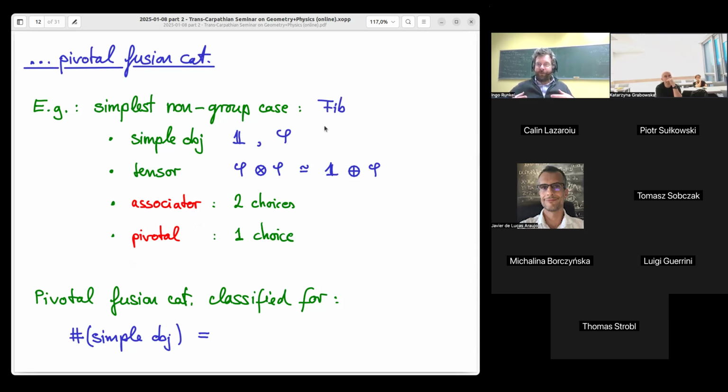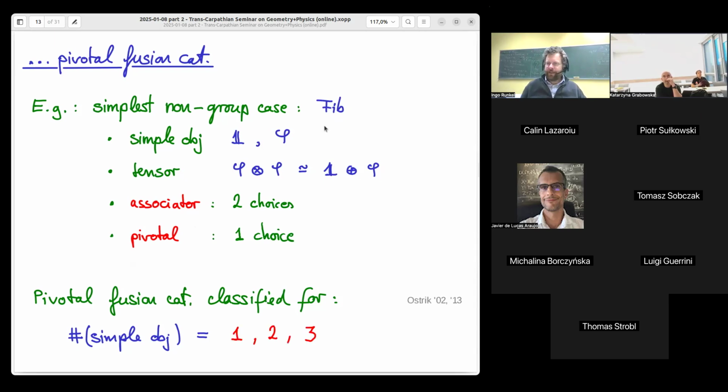Right, so this is an important mathematical question in a way. It's the analog of trying to understand finite groups, trying to classify finite groups. That's difficult, but at least you can understand them sort of number by elements. And you can now ask the question, in 2025, up to how many simple objects do we know all pivotal fusion categories? And the answer is 3. So that question is actually quite hard. It's not known what all pivotal fusion categories which have 4 simples are. So even then we don't know what all possible symmetries of a 2-dimensional quantum field theory are.